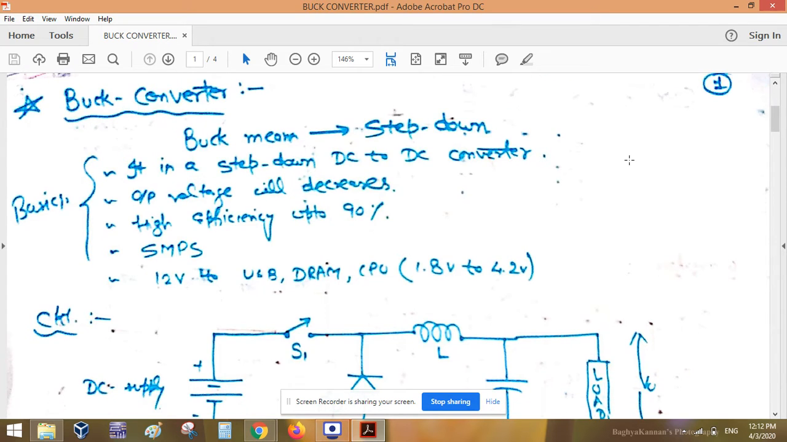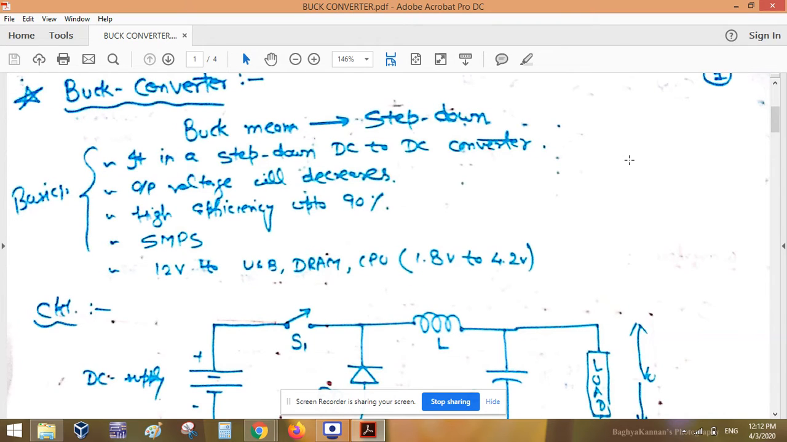So what is the significance? What is the meaning of buck? Buck means step down. It's a step down converter; it steps down the voltage. The output voltage is always less than the input voltage. The efficiency of the buck converter is very high, up to